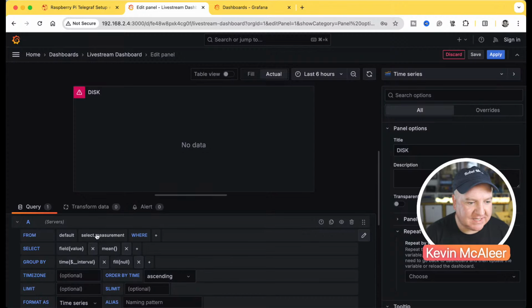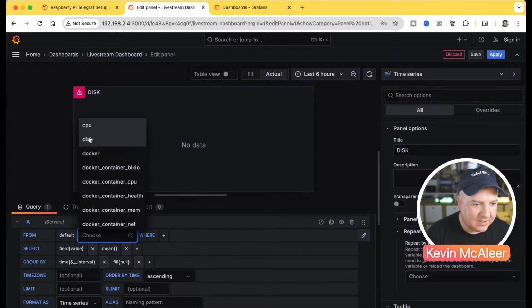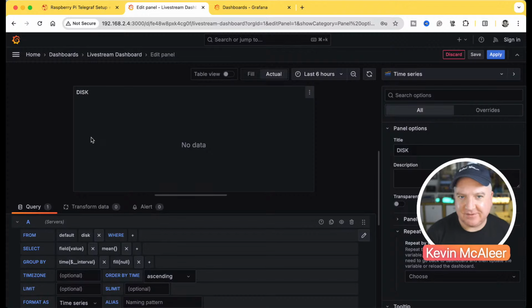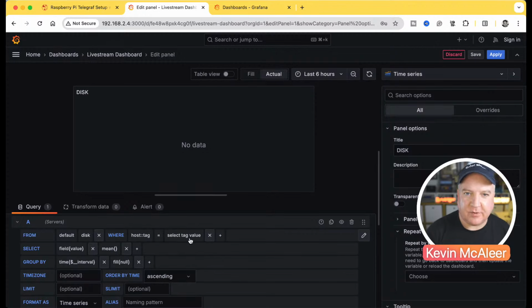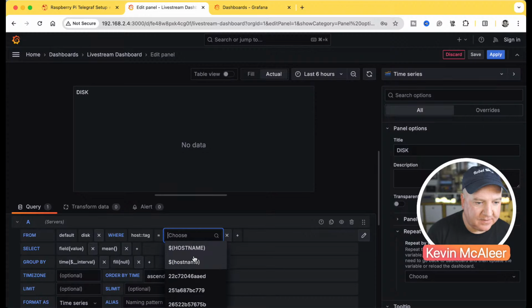So the first thing we do is select the measurement, click on that. We can go to disk. That's one of the types of measurement that comes from the system agent. The next one is where. So this is like the type of thing that we want to grab this from. So I'm going to click on this host thing because I want this to be from all the different hosts on our network. So I'm going to select the value there, and I'm going to type in